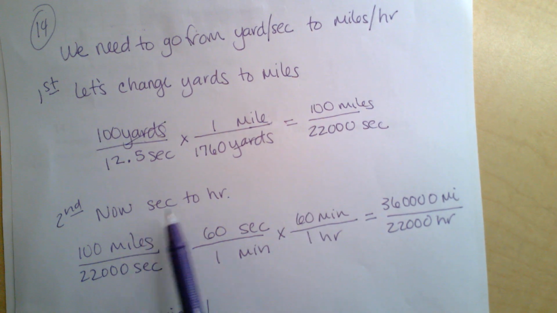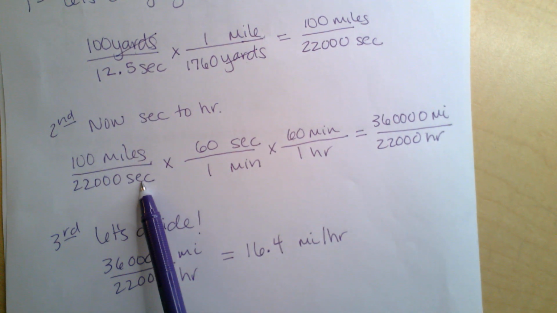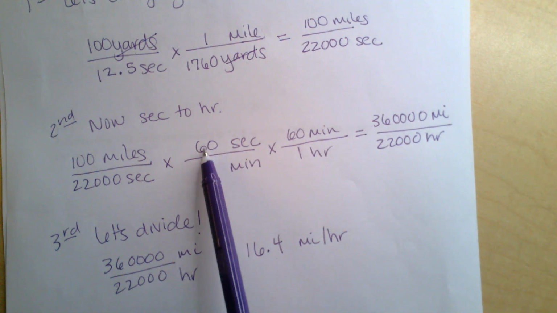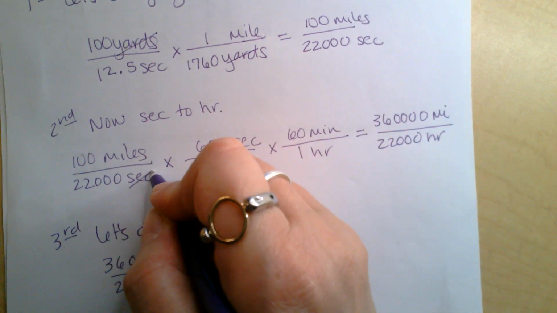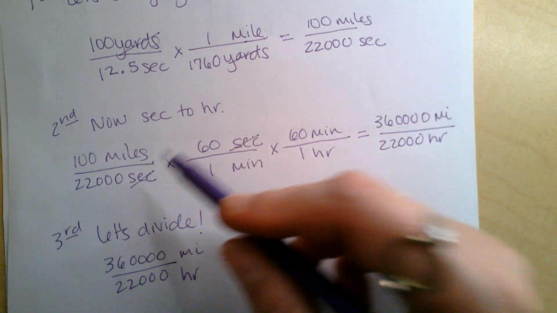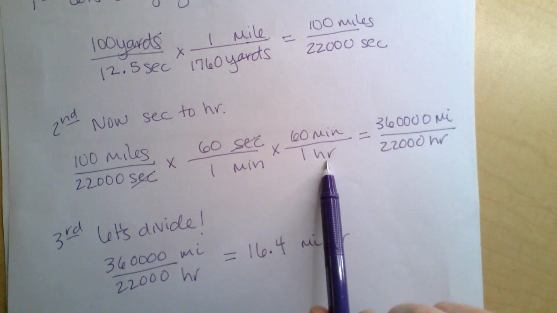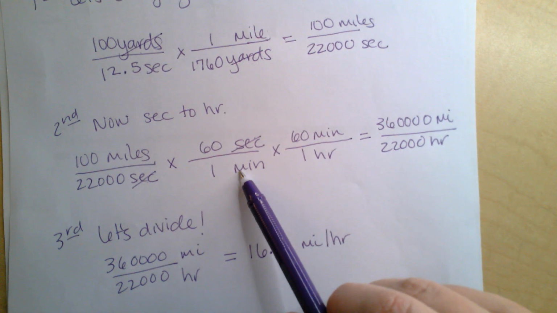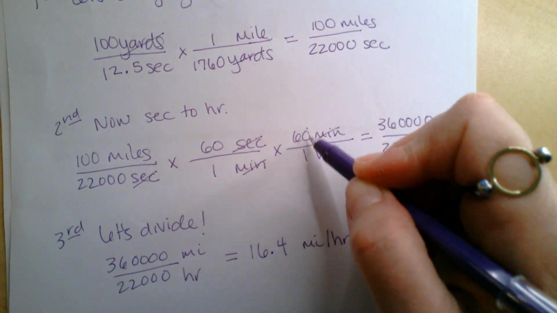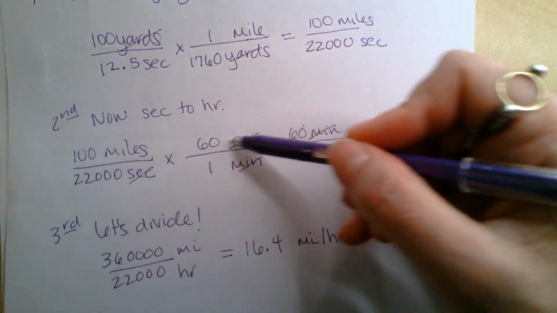Now, let's change seconds to hours. Okay, we're not touching miles. So seconds is in the denominator. It has to be in the numerator. So we have 60 seconds in 1 minute. Seconds is in the denominator, has to be in the numerator. That's how you set it up so they cross out. Now, we have minutes, but we need to get to hours. We have minutes in the denominator. You're right, so minutes is going to be in the numerator, 60 minutes per 1 hour. And that's how we know how to set it up. Multiply across,